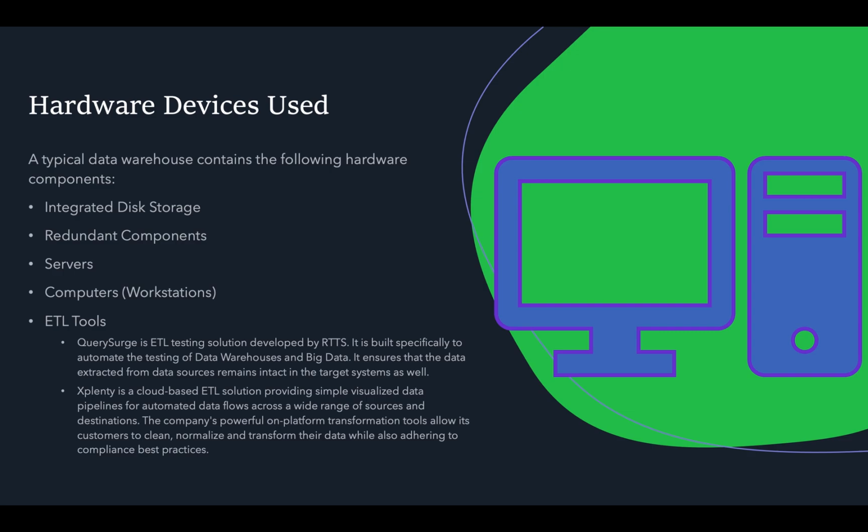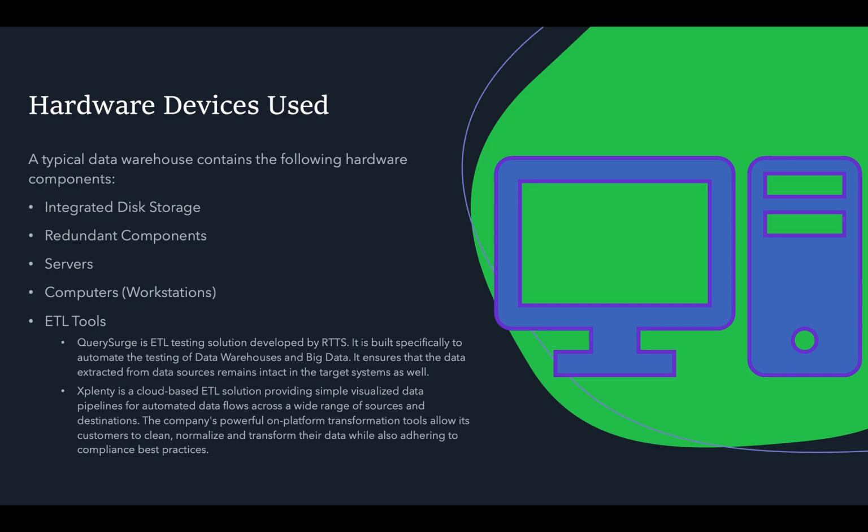I'm going to be speaking to you about the hardware devices used. A typical data warehouse contains the following hardware components. One being the integrated disk storage, two being the redundant components. Data redundancy is a condition created within database or data storage technology in which the same piece of data is held in two separate places. You also have servers, you have computers, which is the icon shown on the screen, and then you also have